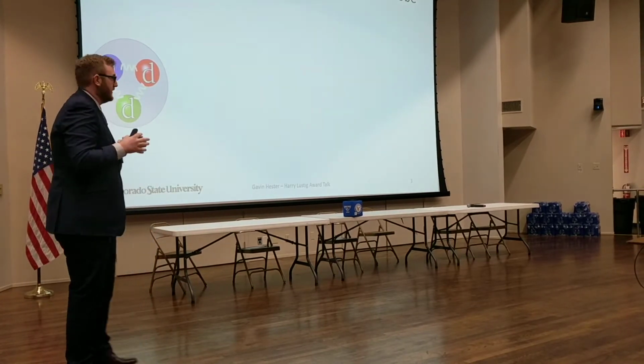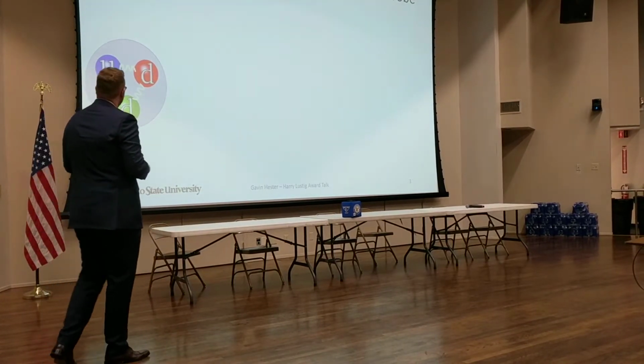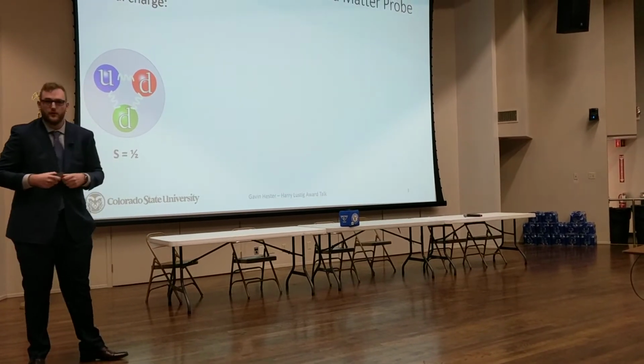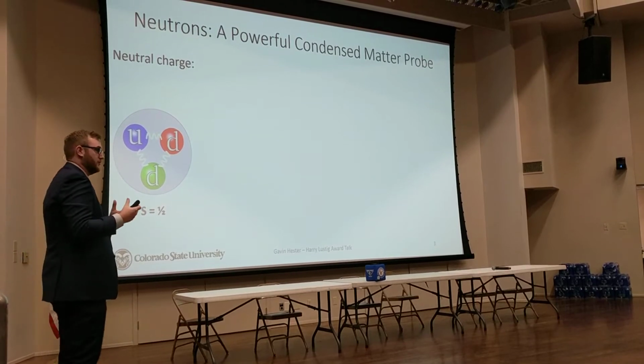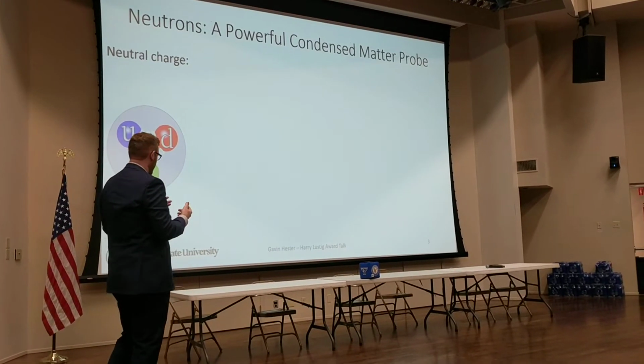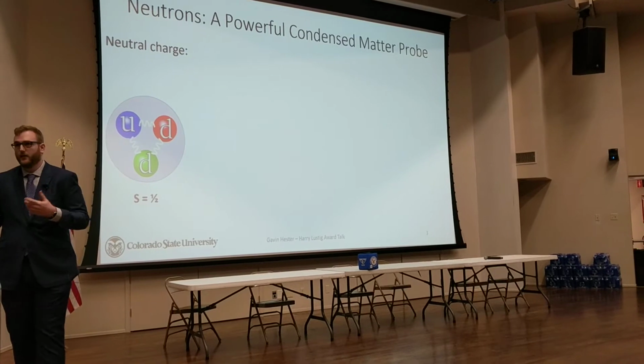So first I want to talk about neutrons. Neutrons, I think, are one of the best condensed matter probes for numerous reasons. One of them being they have a neutral charge due to the quark structure. This allows them to probe the bulk of the sample rather than just probing surface states like something like electrons might. Additionally, they are a fermion, so they have a spin